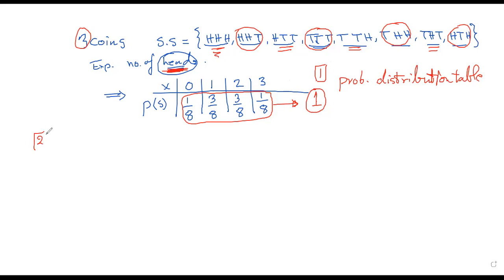Now we have something else here. They may ask us to write down the probability distribution function. And the probability distribution function, in fact, describes the table. Now, the probability of x equals... all probabilities, as you can see, they are either 1/8 or